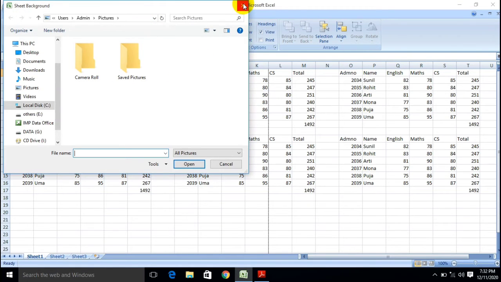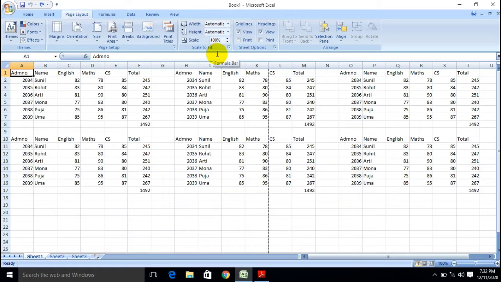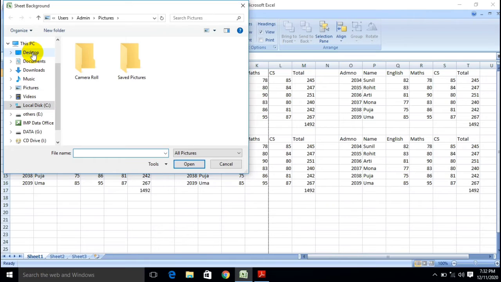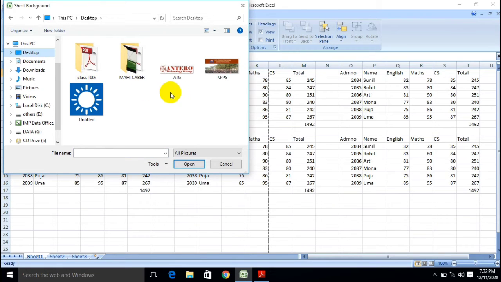If you want to set up a particular background on your Excel sheet, you can go through the background option. Just click on background and choose your picture. It is already on the desktop, and here is the KP Public School picture. Just select your picture, where you have to put it, and insert.